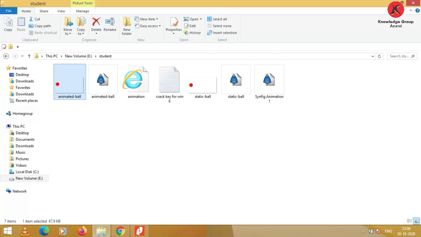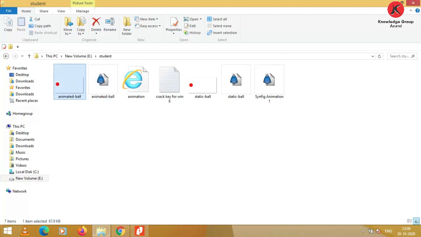So we have a total of 4 files: the static ball SIFZ file, and after rendering the static ball zip file. In the same way, the animated ball is an animation file with a SIFZ extension, a Synfig file, and after rendering we can get the zip file.